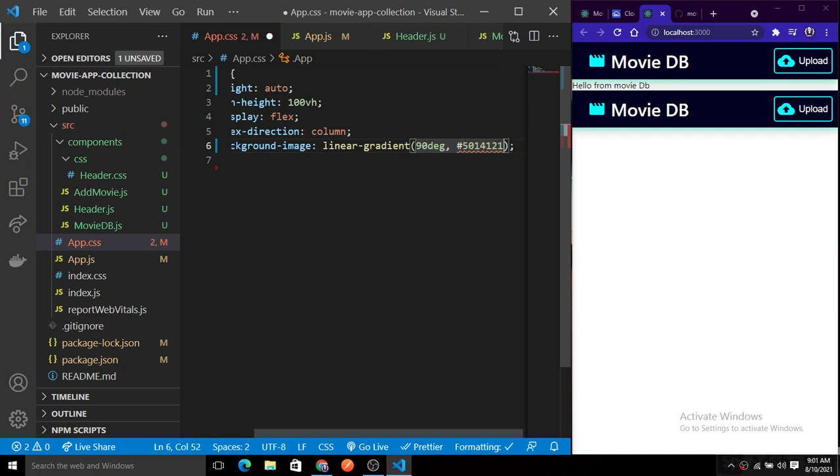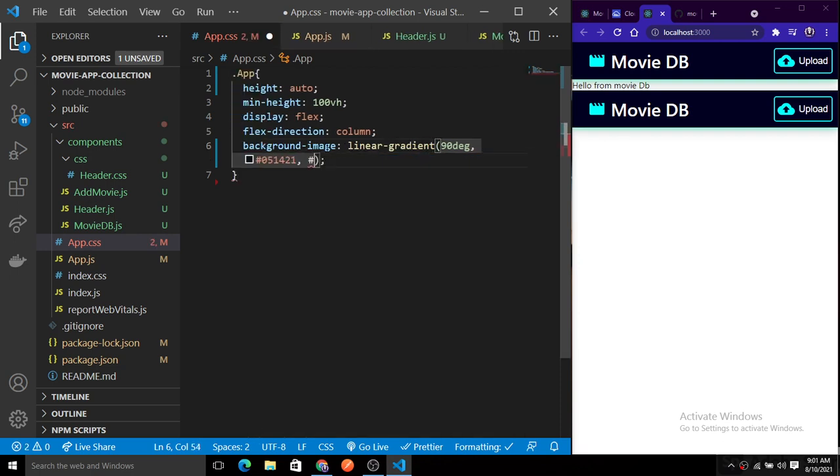14121, you get this colored hex code directly from my GitHub profile there, the repository that I have already added on the GitHub there. So you will get there. Okay, so we have this, and let me do, I think it is 0 and 5051421. So this is the correct color combination, and next one is 042727. Then this is the app section here, and then we have these things. And now let's save this.